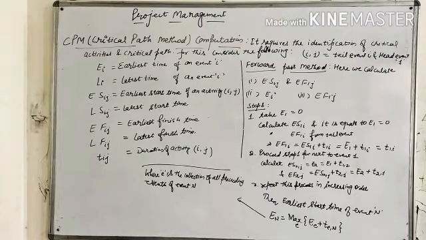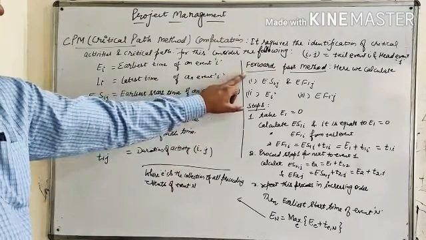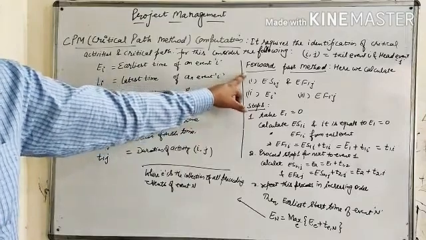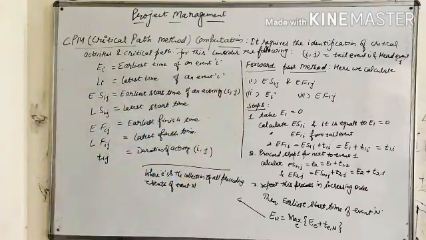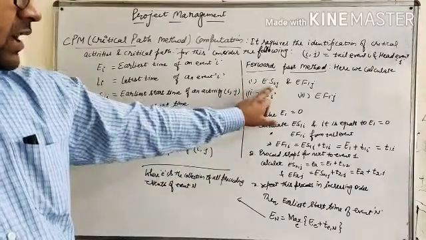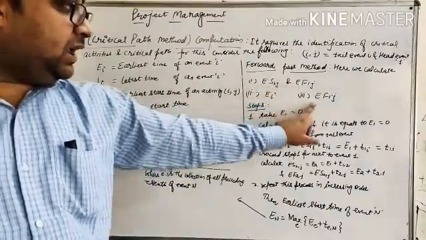One is the forward pass method and the other is the backward pass method. The forward pass method is for the earliest event time and the backward pass method is for the latest allowable event time. Here we are considering the forward pass method, that is, for the earliest event time. The calculation begins from the start event 1 and passes through the events in increasing order of number, moving to the end event of the network of the project. Here we can calculate only ESij, EFij, and Ei.